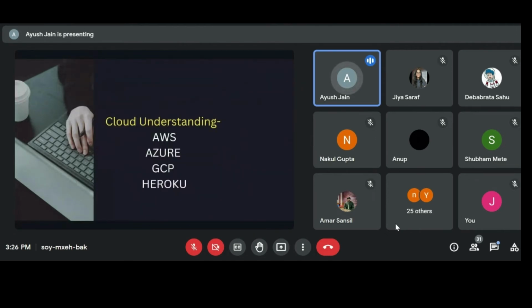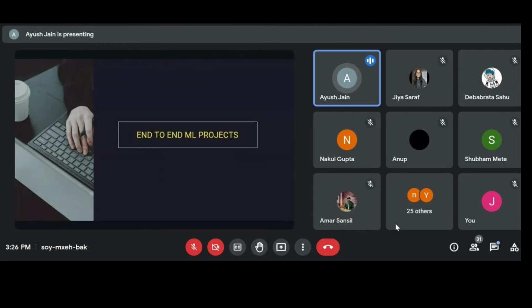Now, as I said, you need to have an understanding of cloud deployment. I recommend you have an understanding of Azure and AWS, and Heroku is not that difficult, so you can have that. So any two of the cloud platforms you have to understand. Now comes the part where you have